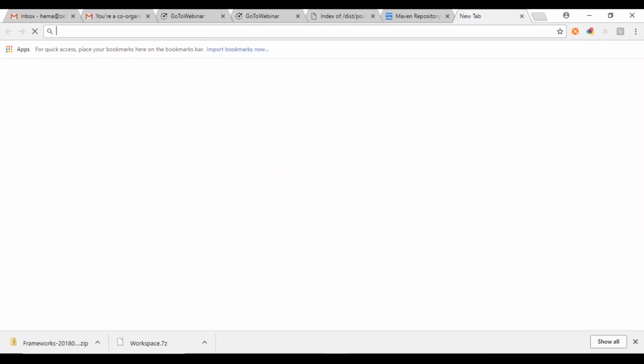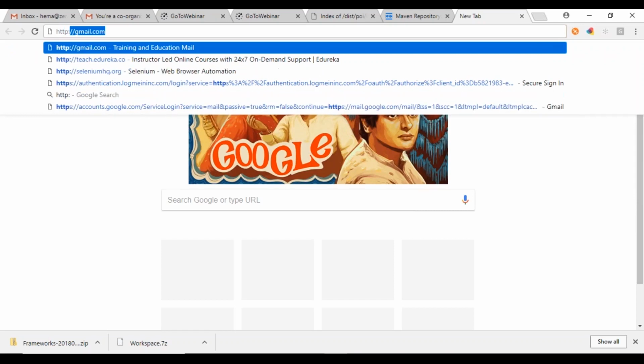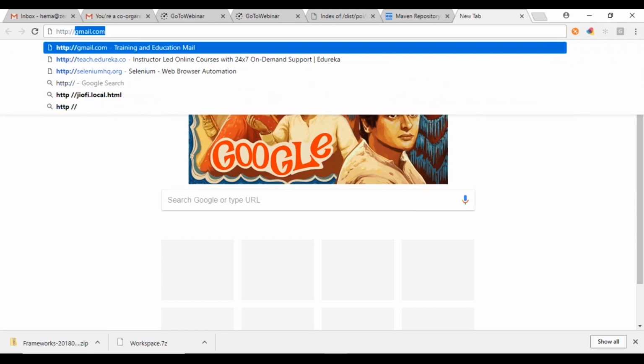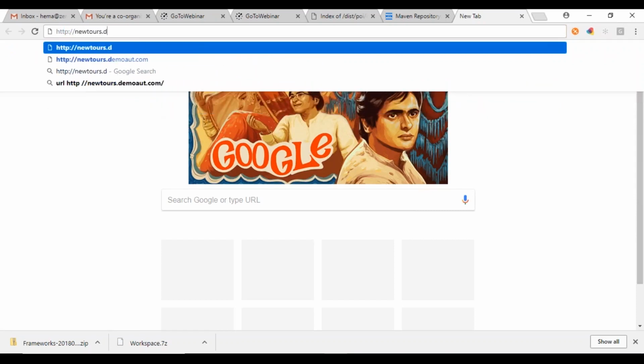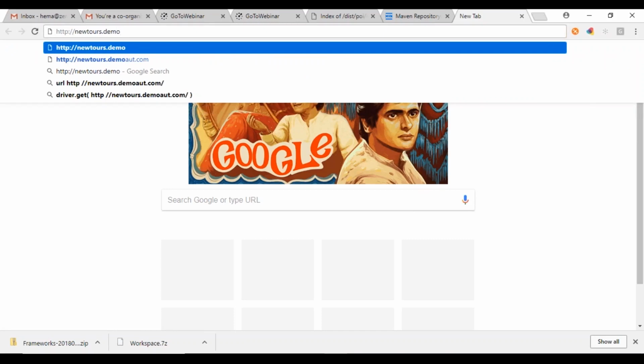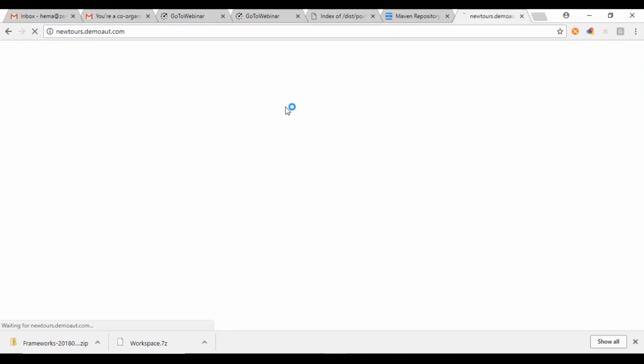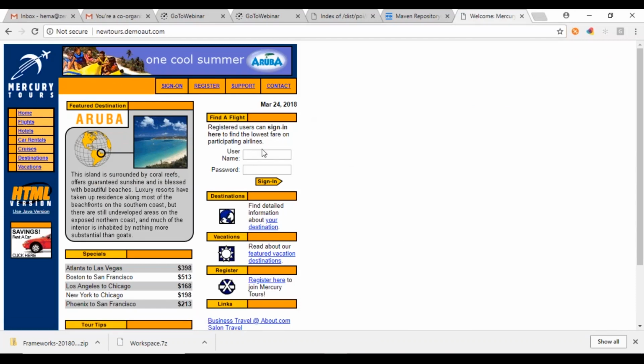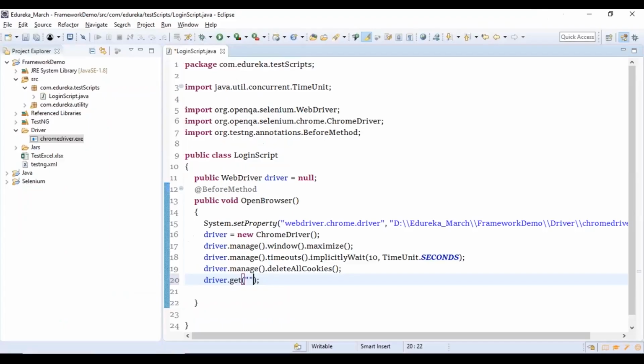Let me give this HTTP, newtours.demoaut.com, right? This is the application that I'm going to use, wherein I would be entering the username and password and signing in. So let me take up this URL. So my URL is now ready.